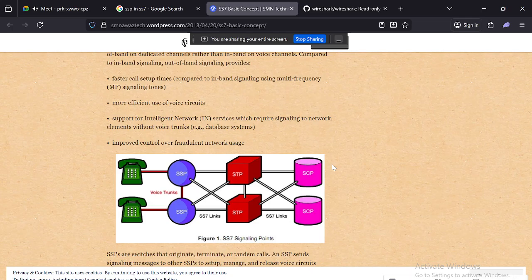Amazing. That was great. Okay. You actually answered what I was asking you yesterday. You said STP is like a router, SCP is a database, and the SP is like the tower. Yes, signaling points like nodes.